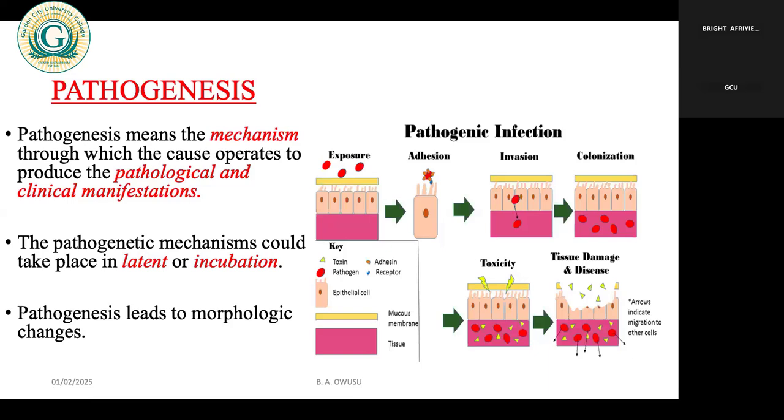So after pathogenesis, morphologic changes happen. And I remember I gave an example where I used malaria, and then I made mention of the female Anopheles mosquito and of course made mention of the sporozoites that will be released in between that time and going down to